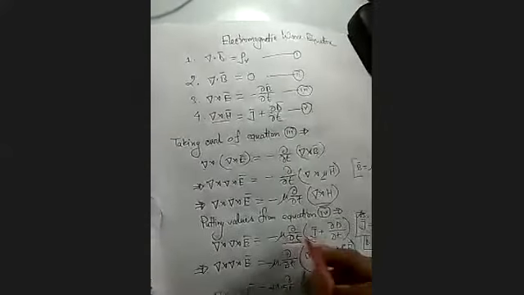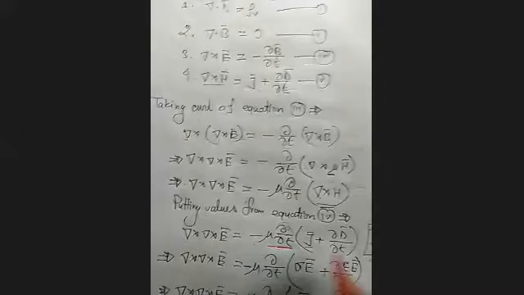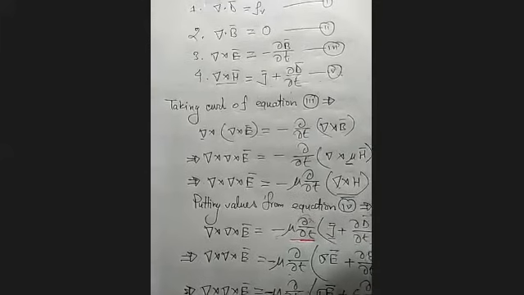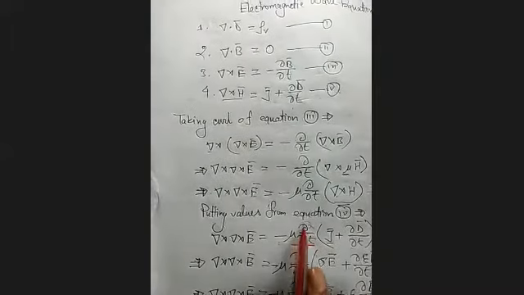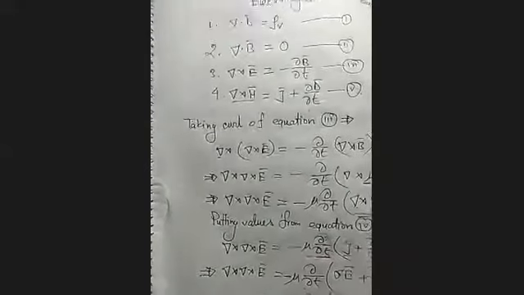But if we multiply the second part, del by del t, there is another del by del t. Can you see this? If you multiply this, del by del t and del by del t, it will be del square by del t square, right or wrong? Do you understand what is missing here? Yes, sir. For the first part it's okay, but for the second part, outside the bracket there is del by del t, and inside the bracket it is also del by del t. So this equation will be del square by del t square.